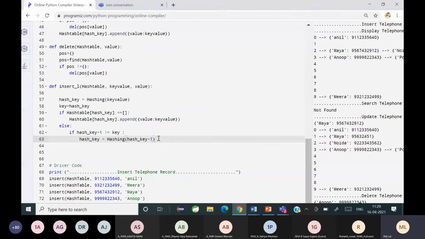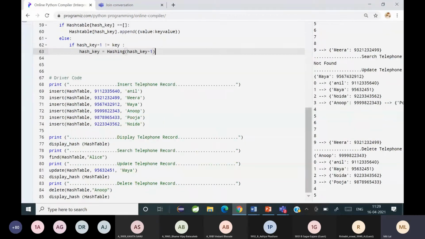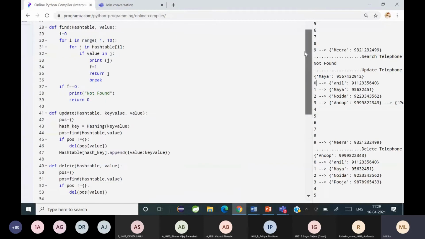Next is, yes, we have inserted data into the hash table. And then next is we have to display it. So display आप लोगों को पता है, we have to give the index and an arrow and the data. So based on that, you can see here in display, it has been modified here.